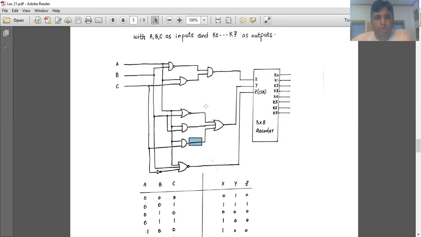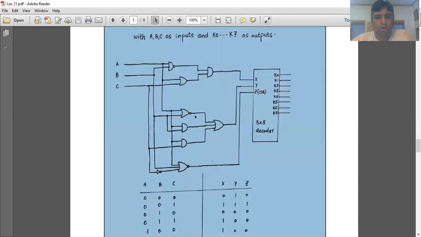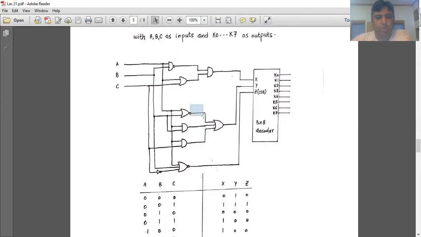So first of all, you will write the outputs of each gate. So this NOR gate has A equal to 0, and what is the other input? B is also equal to 0. So if A is equal to 0 and B is also equal to 0, the OR gate gives you a 0 output, but the NOR gate gives you a 1 output. So the output of this gate is equal to 1.